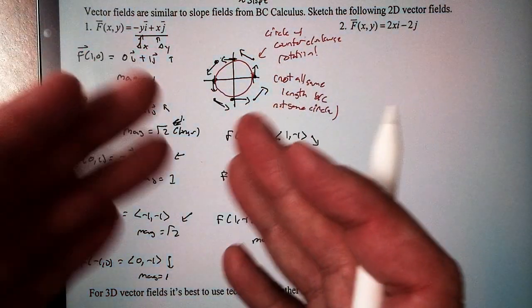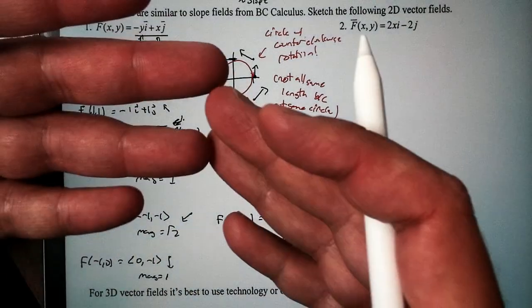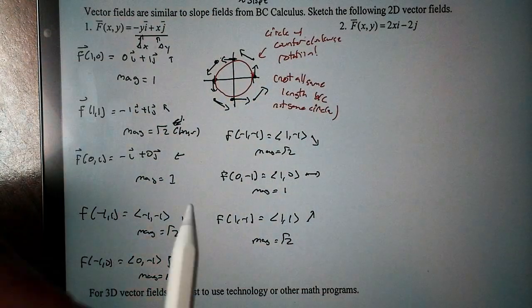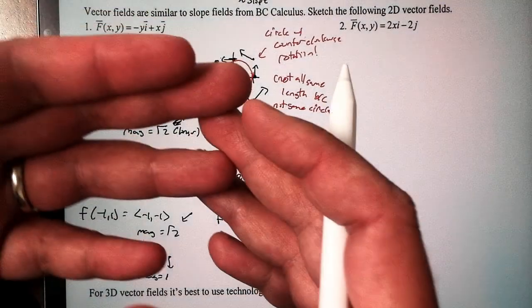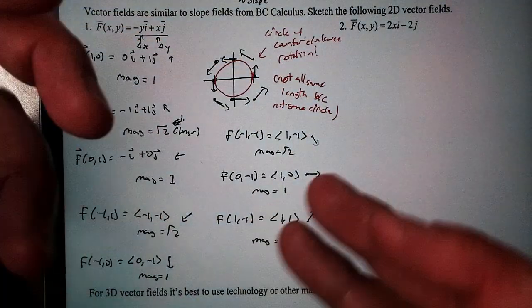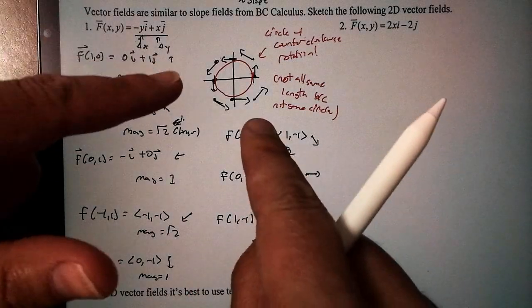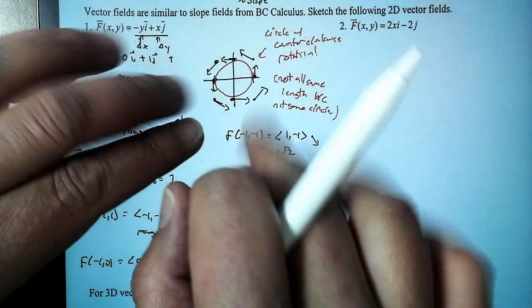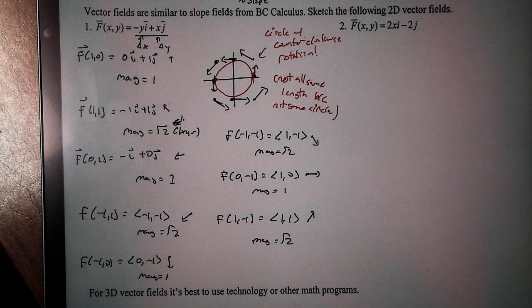And it's very much similar to when we did slope fields, where a slope field gives us every single possible function. A vector field gives us every possible function as well. So even so, some of these points right here won't all be on the same circle. And we're going to talk more about the direction just a little bit, okay? All right, so